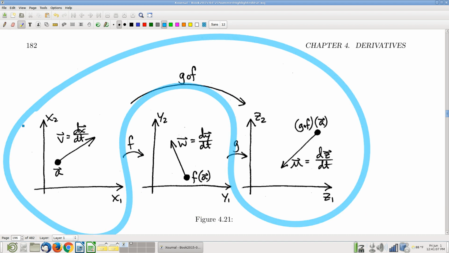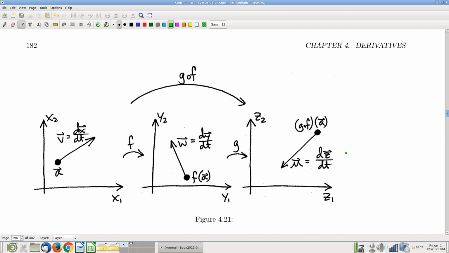Looking at this composition, the derivative at this point is the factor that you multiply by that vector to get that vector. So we're going to apply the same reasoning that we did on the previous page, and that is factors multiply. Right? What do you do to this vector to get this vector? Multiply by the Jacobian of f. Having done that, to get to here, you multiply by the Jacobian of g. Altogether,